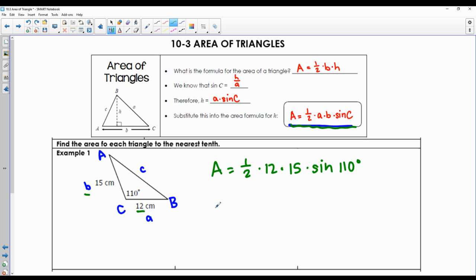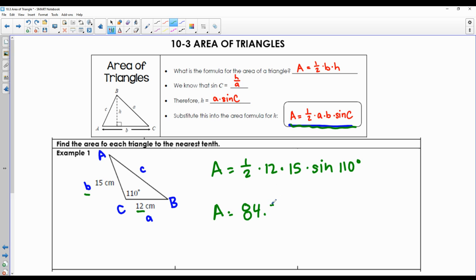And here, all we do is put it into the calculator. So 1 divided by 2 is 0.5. I'm just going to put that in as 0.5 times 12, or you could just have 6, times 15 times the sine of 110, and I get an area of